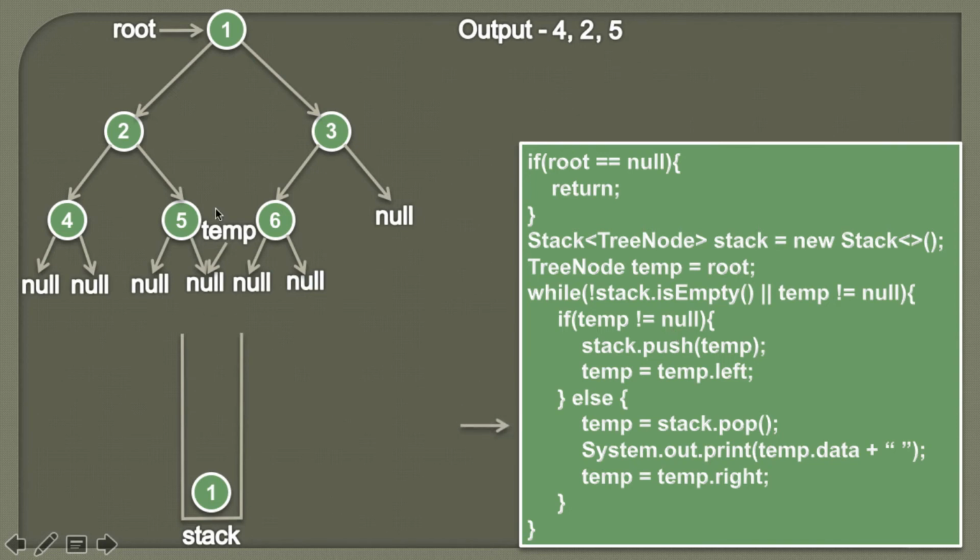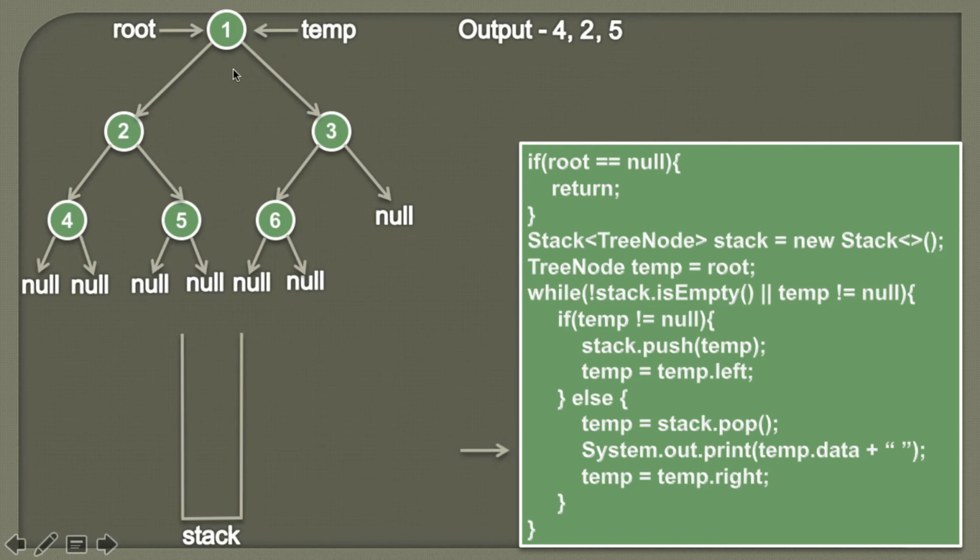So here you can see we have completely visited the node 5, and this node 5 is actually right to the node 2. Therefore, we have completely visited the left subtree for the node 1. So when we pop an element from the stack, 1 gets popped out, and now temp will actually point to the node 1. Node 1 is popped out and its value will be assigned to temp. So now temp will point to node 1.